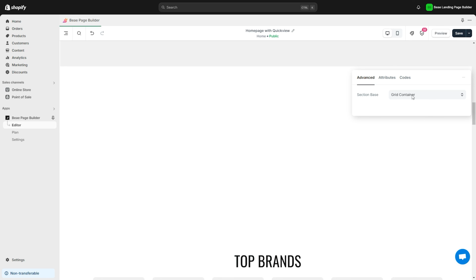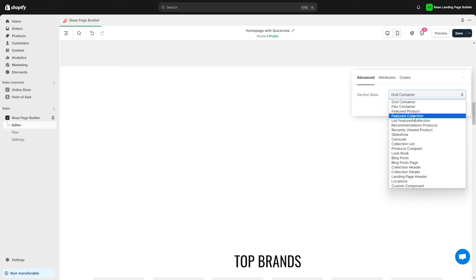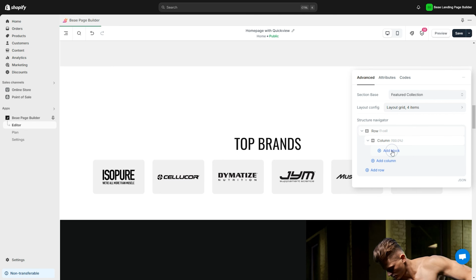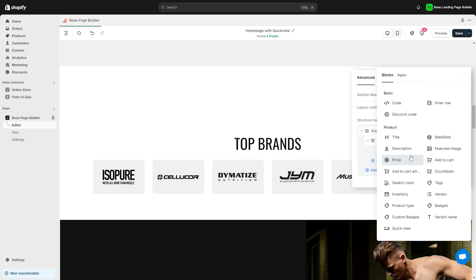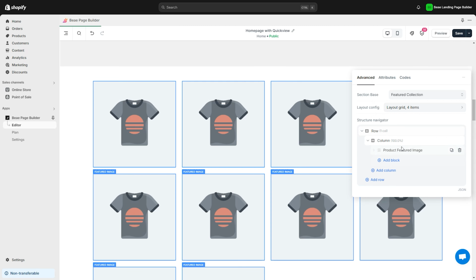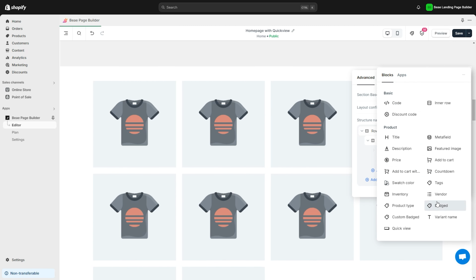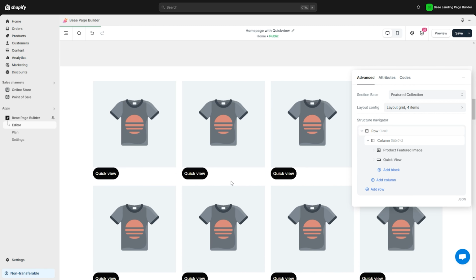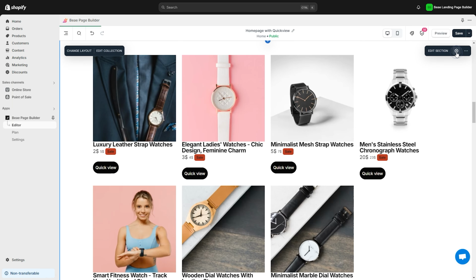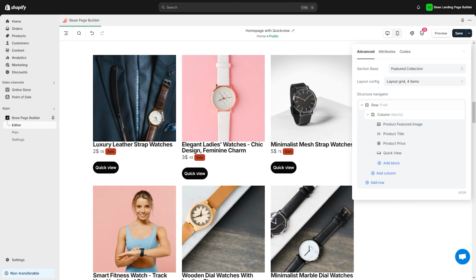This block only appears and functions within specific section bases, including Featured Collection, Recommendation Product, and Recently Viewed Product. I'll select Featured Collection, and then click on Add Block to include the blocks I want to display, like product images, titles, prices, and most importantly, the Quick View button. After adding the blocks and tweaking the style and typography to match our brand,